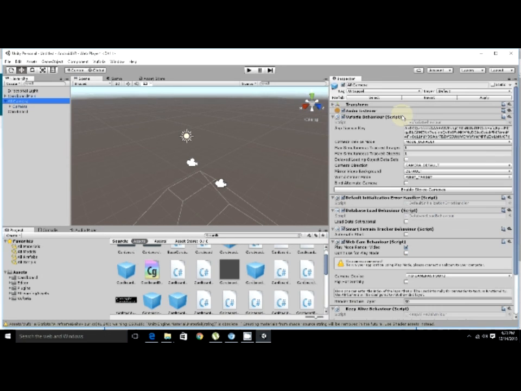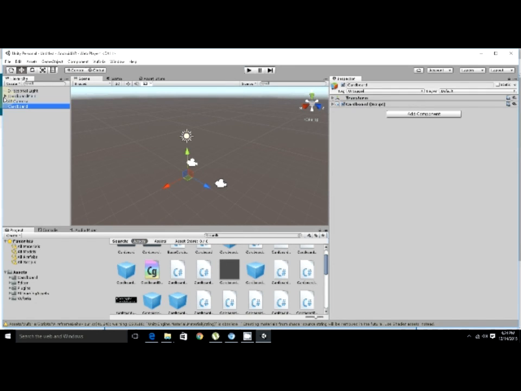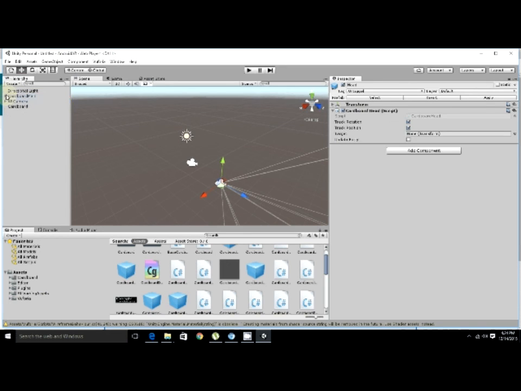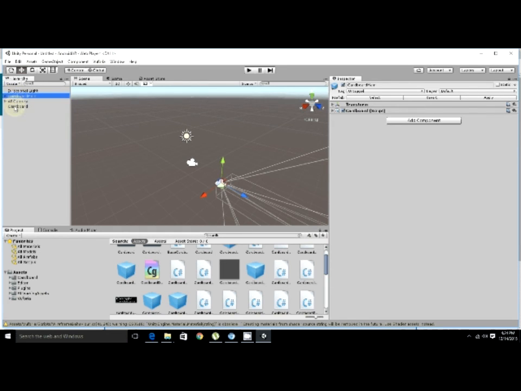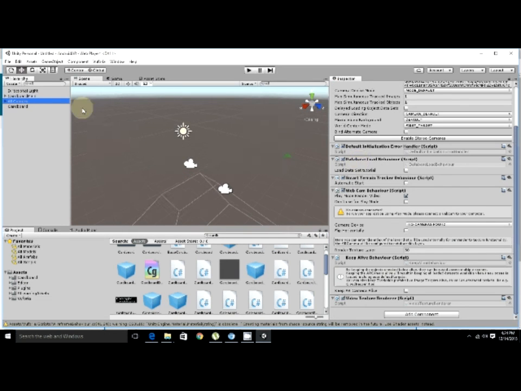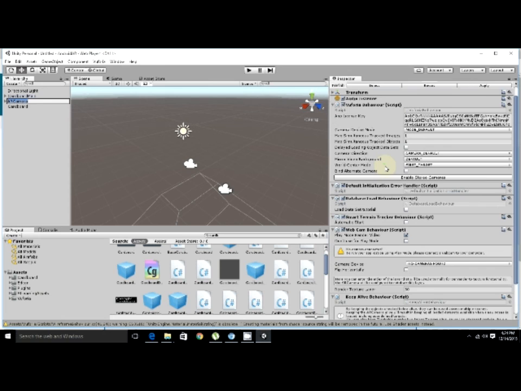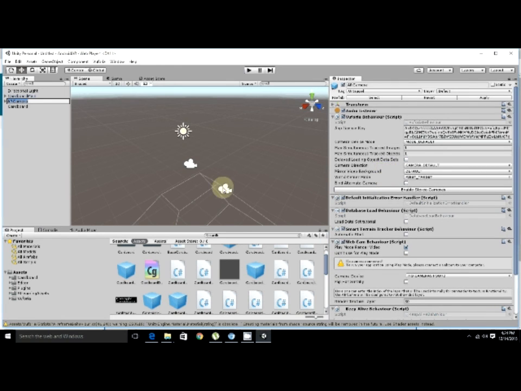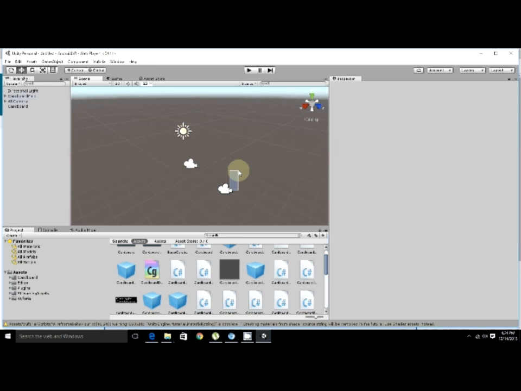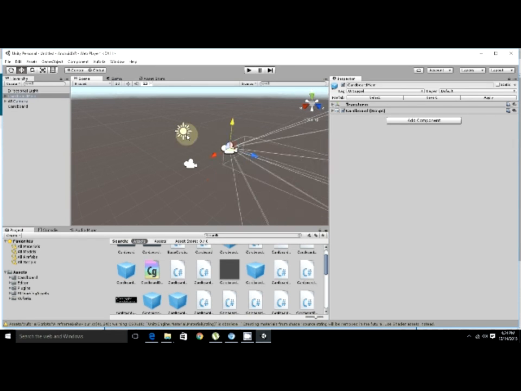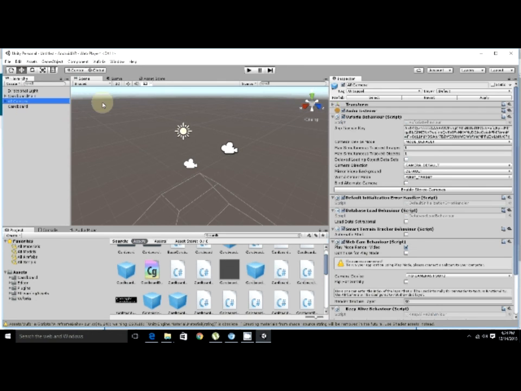So what you have to do is click on AR camera. Okay, click on Cardboard. In AR camera, we have to make some settings that we will see in the next tutorial.